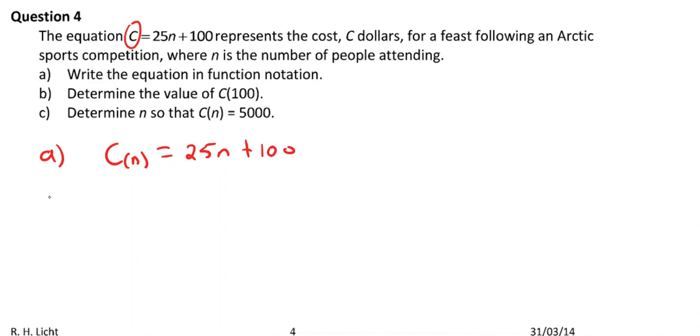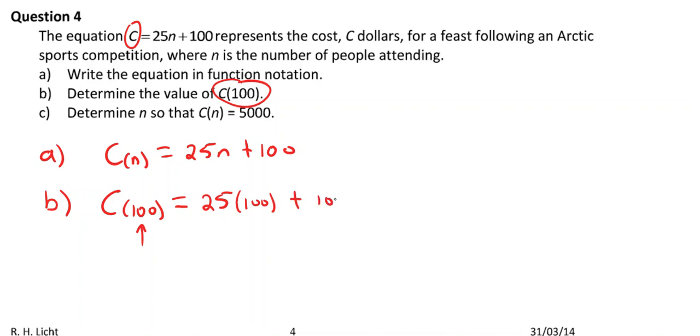Okay, so now B says, determine the value of C of 100. Okay, so C of 100. That's not C times 100, that's C of 100, the way that we're in there. So that would be saying C of 100 is equal to 25, and now what is my n going to become? 100, right? I'm inputting 100. That's what this was telling me to do. C of 100, so 25 times 100 plus 100. Okay, so C of 100 is equal to,